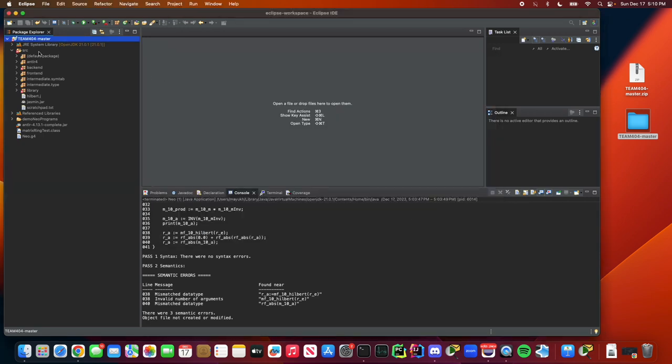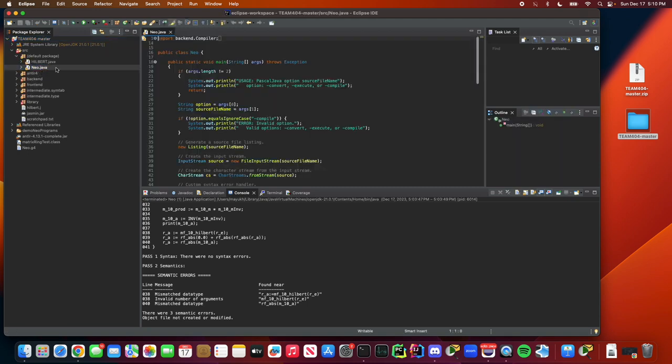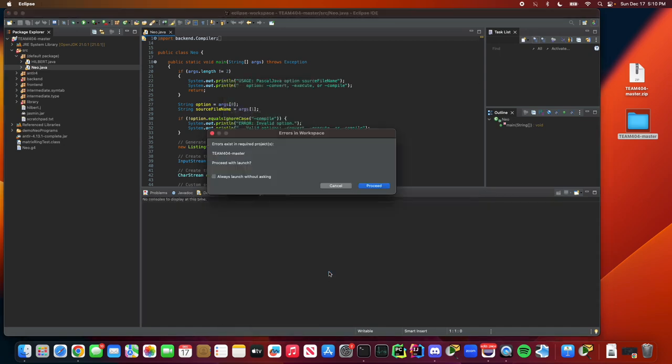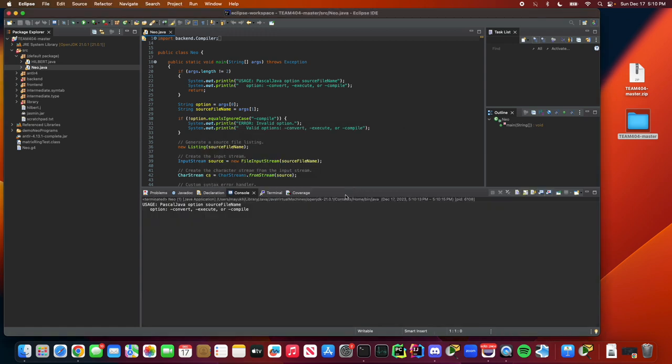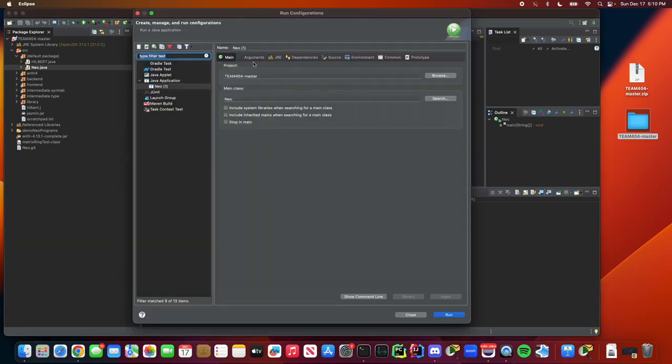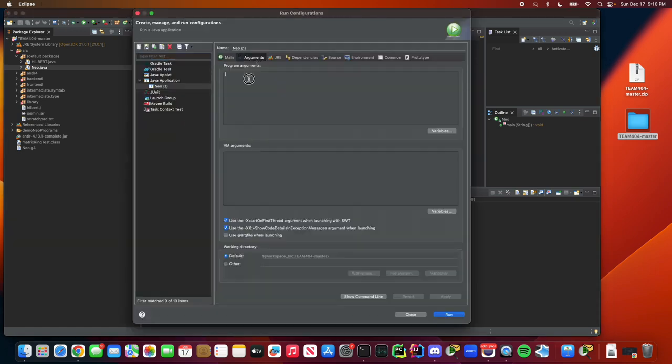Once you have all that set up, you can open up our default package, go to the neo.java file, and hit run as Java application. Proceed, and yes, your program is running, but you just have to provide it those command line arguments. So go into your run configurations again, go to arguments, and specify the arguments. For the sake of our project structure, we will always be compiling with source